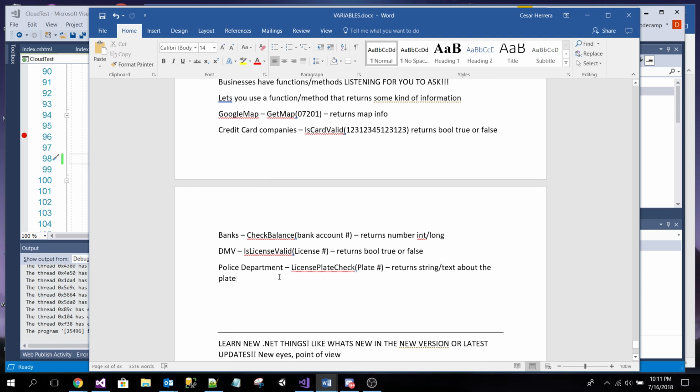So, license plate check. The cops would use this service, right? To do a license plate check. All right. Okay, now